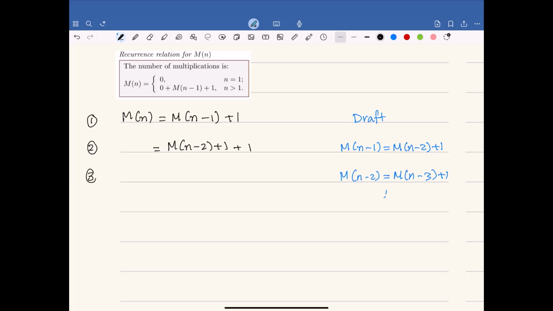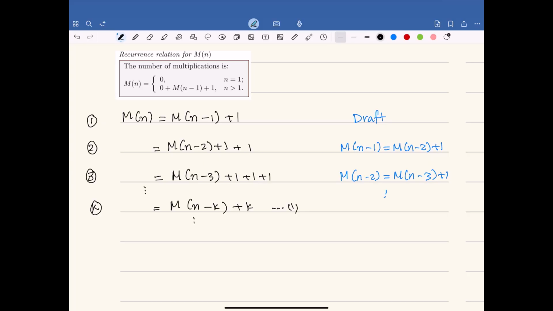Now in step 3, it is equal to m of n minus 3 plus 1 from the previous steps. If we continue subtracting the value of n by 1, at step k, we can guess the formula as m of n minus k plus k, because we are adding 1 k times. If this is equation 1,